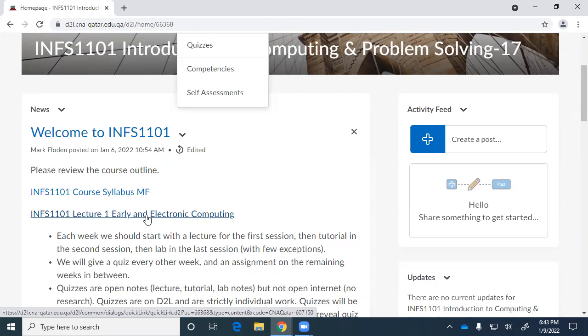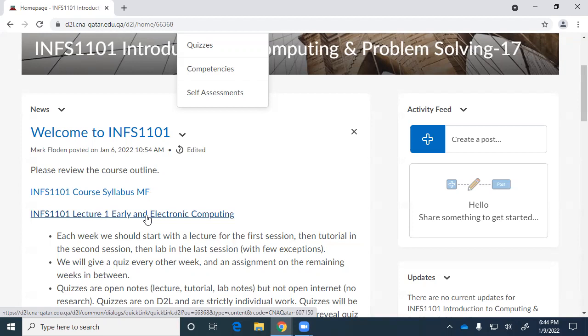But what I don't mind, and I found that this works with most of the classes, is students will form a WhatsApp group for the class, call it WhatsApp INFS1101 section 18 or whatever, and then they invite me to join the group, and then they put questions on there and I answer them. So that works. And I like that, because you have a question, and guess what? Somebody else has the same question, right? And then I answer it once and everybody gets the answer.